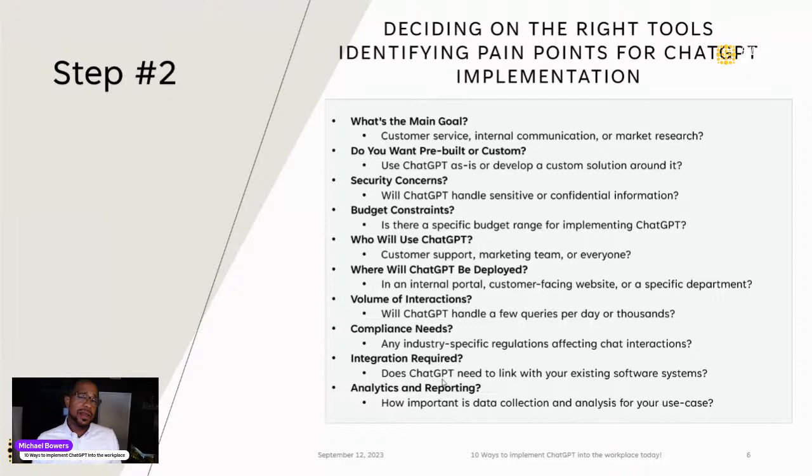And then with the new chatbot and ChatGPT Enterprise, you'll no longer be limited by those limitations about the amount of requests you can make within a certain amount of time. So understanding that and then implementing it properly is really important. So again, selecting the right tools is key. And then also when it comes to analytics and reporting, how you use ChatGPT, you copy the data into it or into a chatbot or a third-party application, researching the market, knowing what's out there, or having someone who knows, so we can identify what can be used for particular pain points that we discussed in step one, can then help make the right decisions.